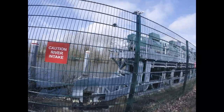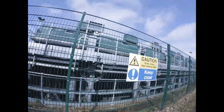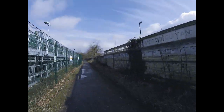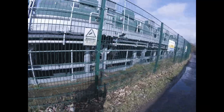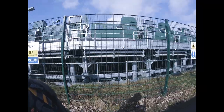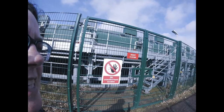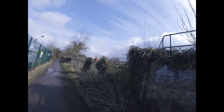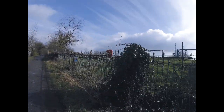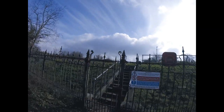So just walking from Sudbury and come across this amazing piece of engineering. Metropolitan Water Board. So I guess this is what you call the waterworks when you're playing Monopoly. Then what's on the other side? I think it's a reservoir. Look at these beautiful old railings though. It's stunning. Yeah, it looks like there's